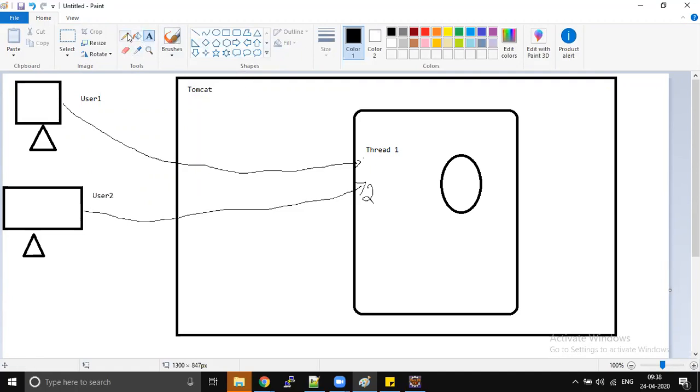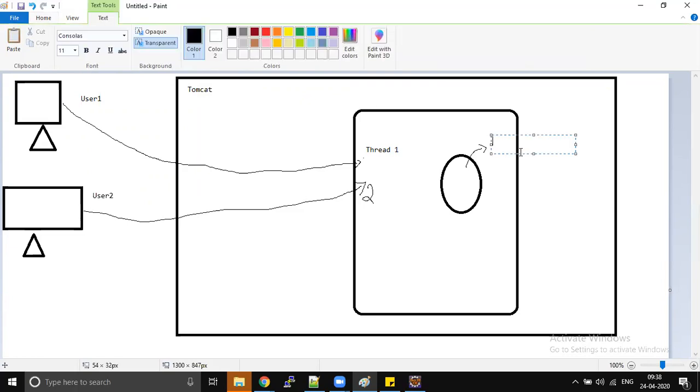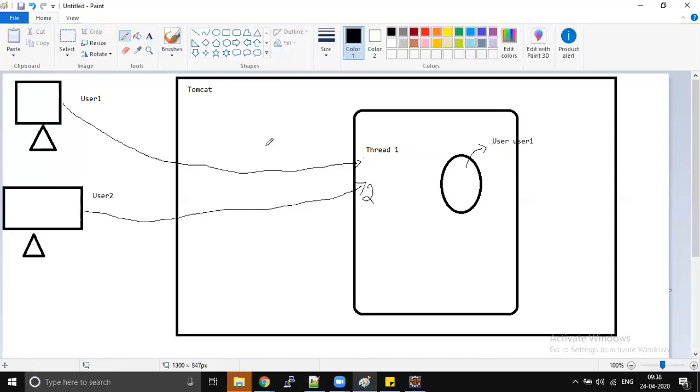And if you define the user variable as a global variable, then when these two threads are accessing this object, we will face some kind of challenges because the same user can be shared across these two threads. So we may face some kind of problem.